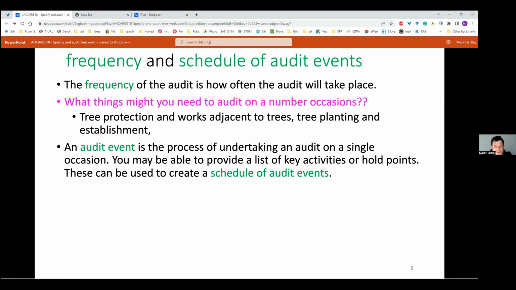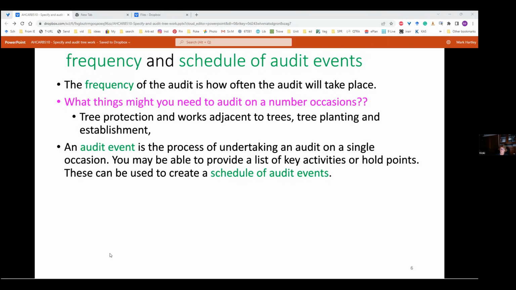Yeah, that makes sense. An audit event's just simply using something or doing something one-off. And of course, you can have a schedule of events. Typically on a construction site, for example, I want to be there just after they've got all the tree protection devices in place. I want to be there if they're doing demolition within a metre of a tree protection zone. You know, I don't have to be there the whole time. I'm happy being there sometimes, but again, it's in bits and pieces.